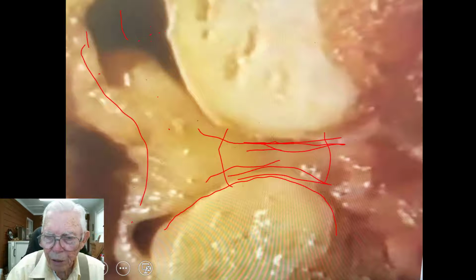Now we've moved the condyle way down here. It was up here, and this tissue was in this spot, and this is what I feel like has to be some of the retrodiscal tissue that produces the synovial fluid, because when this jaw closes too, this is wadded up in this area, and it puts a little pressure on it, and it may squeeze that synovial fluid into an upper joint space and a lower joint space,